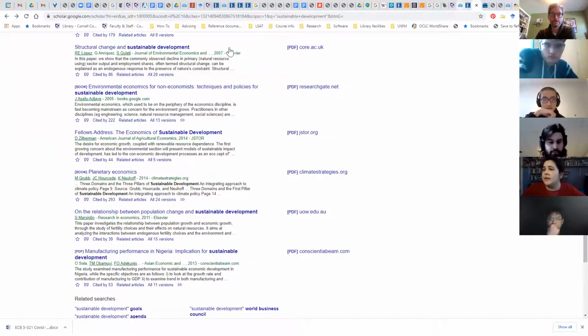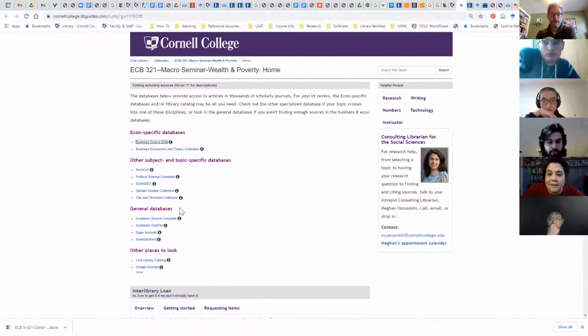Also, a lot of papers before they're published are actually issued in working paper form, and many times the working paper is what's available as a PDF. As far as I'm concerned, working papers are perfectly acceptable. So if you can find the paper in working paper form, by all means use it.